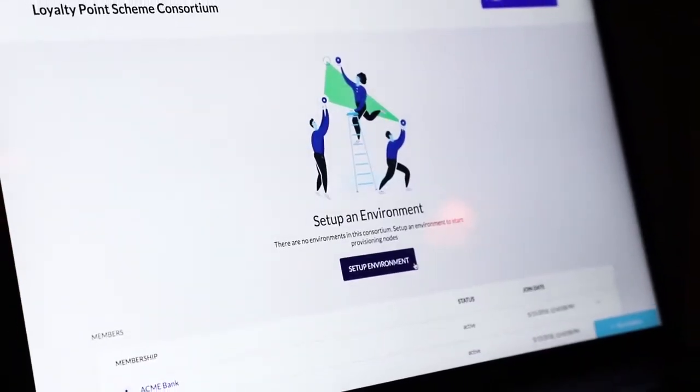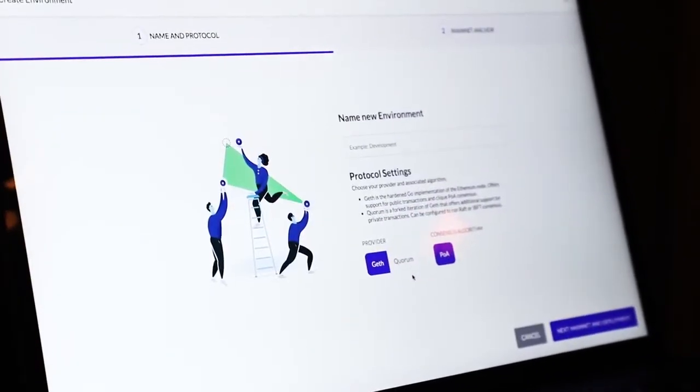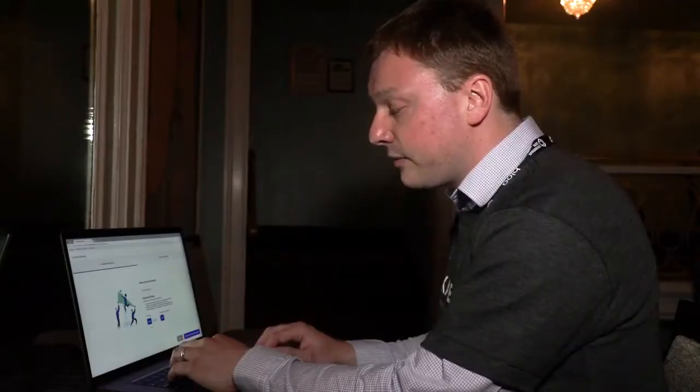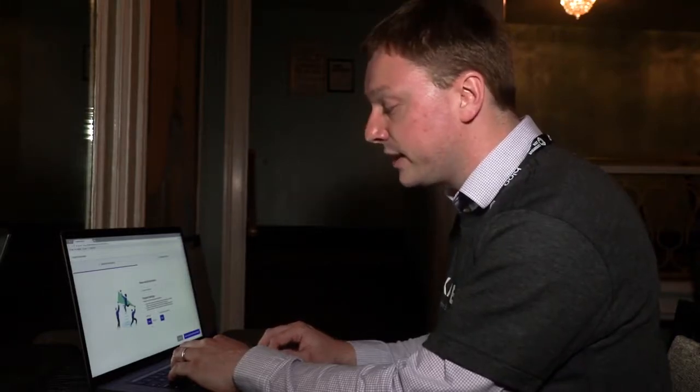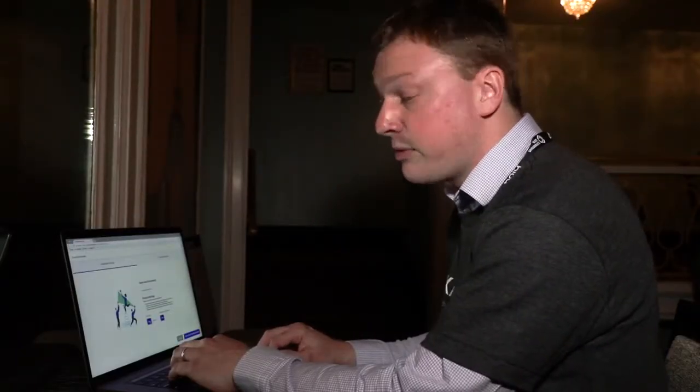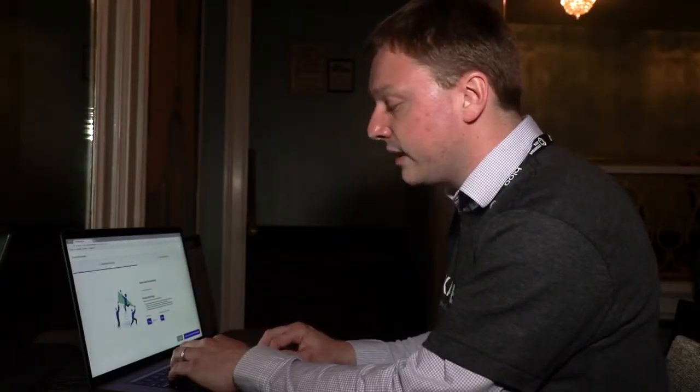And the next stage is to go ahead and set myself up an environment, which is where the actual Ethereum nodes are going to run. Here, this is something we're really proud of, is the ability with just a click of a button to choose both the provider and the consensus algorithm of the protocol. Either the Go Ethereum client that's so prevalent on the public mainnet and hardened, but with click proof of authority,